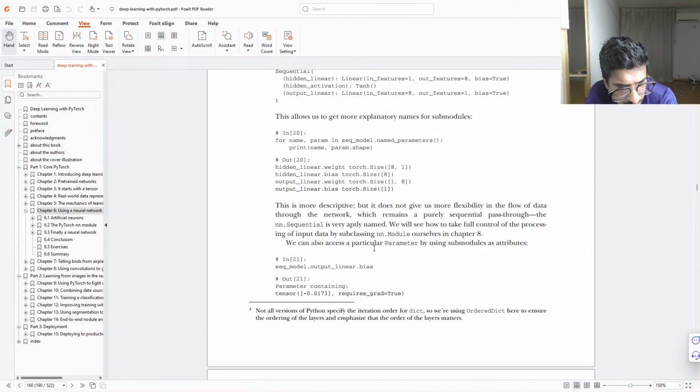This is more descriptive, but it does not give us more flexibility in the flow of data through the network, which remains a purely sequential pass-through. The nn.Sequential is very aptly named. We'll see how to take full control of the processing of the input data by supplying our own module in chapter 8. Next, we can also access a particular parameter by using submodules as attributes. Sequential model dot output